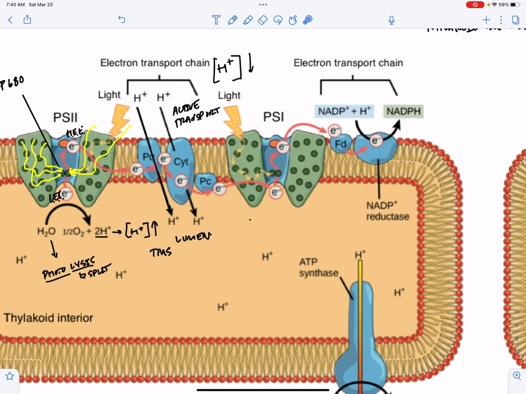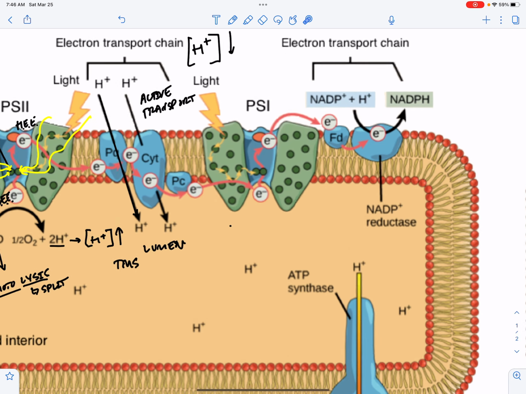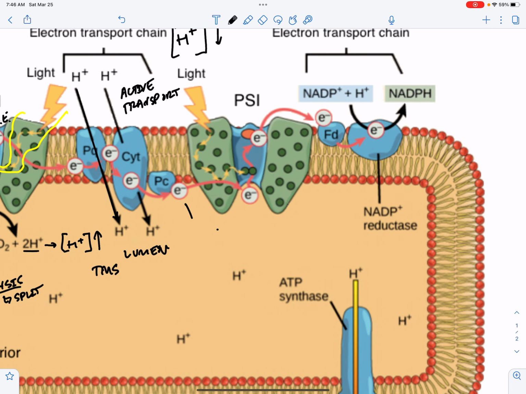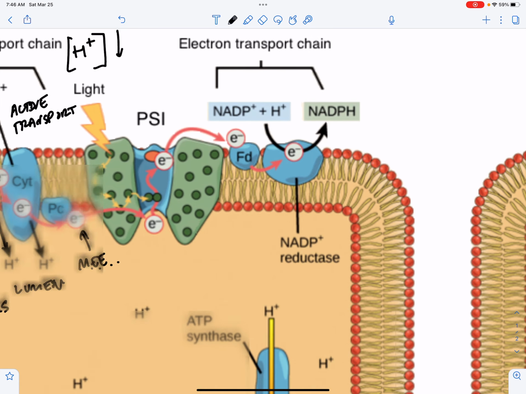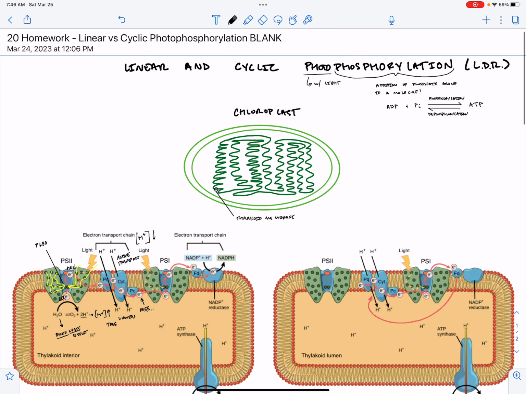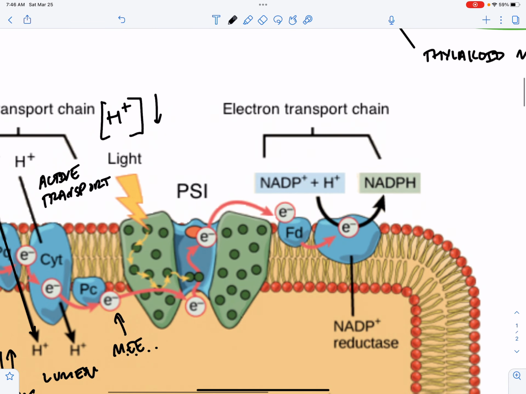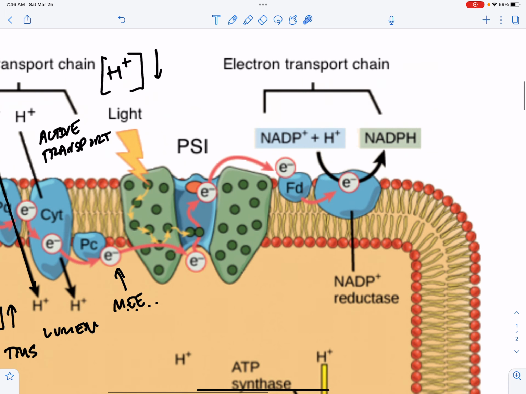Where does that energy come from? It comes from the electron that is passed to it, which ultimately got its energy from light. So by the time it gets to the end of this electron transport chain, it is a medium energy electron, and it has to be re-excited in photosystem 1. Photosystem 1 works almost exactly identical to photosystem 2, except there's a different central pair of chlorophyll molecules here. They are called